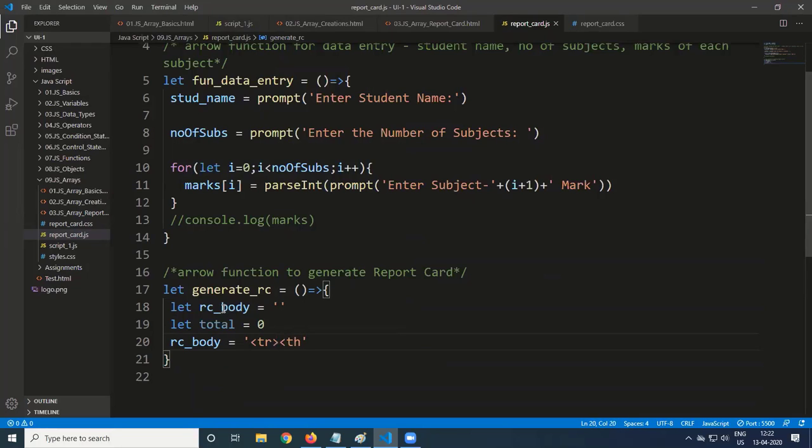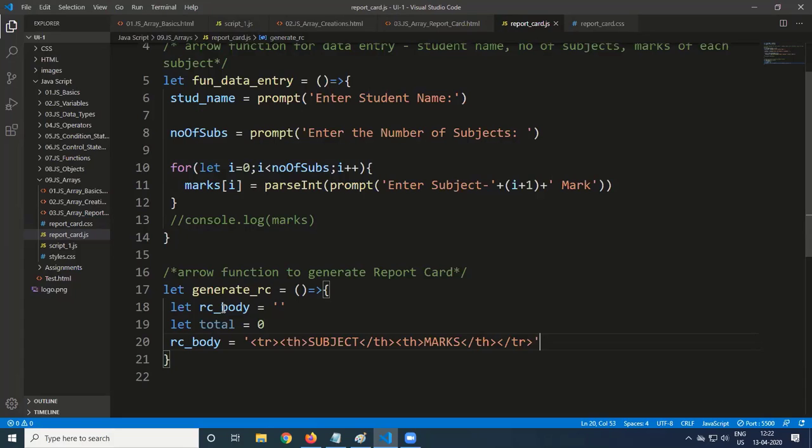Inside that, a table heading of subject, slash th. Then one more heading, th, marks, slash th, and the table row is closed.